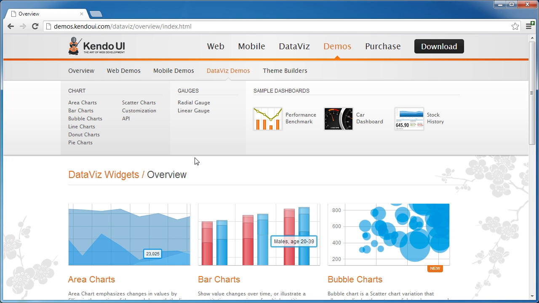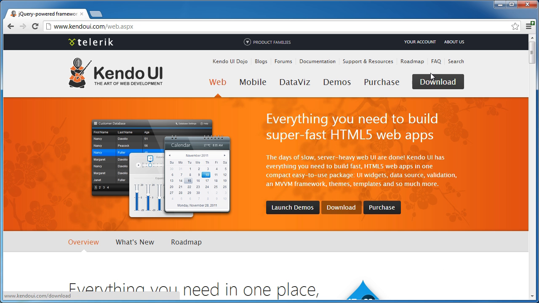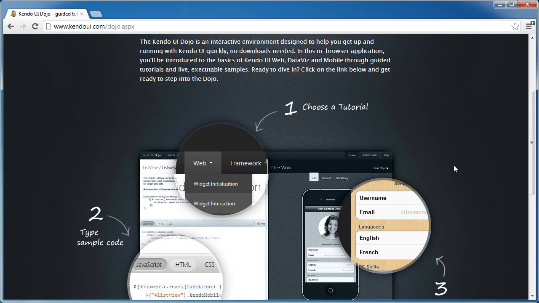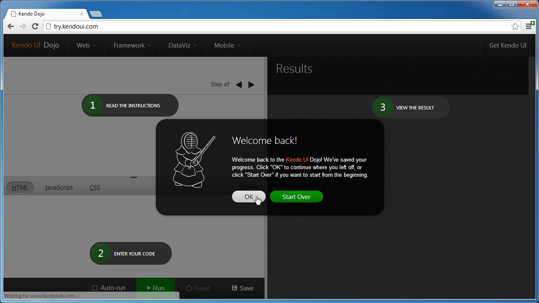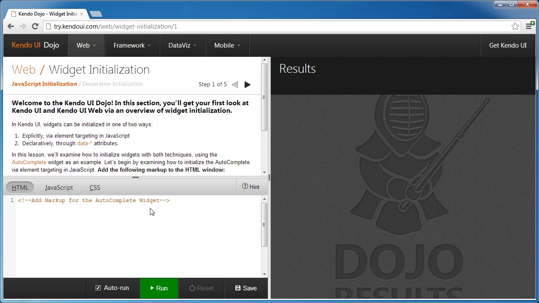There's something else that I haven't spoken about, which is absolutely brilliant, and that is, if we return here, we can go to the dojo. Now basically this allows us, if we click launch, to go ahead and start to play around with everything, and we can start to write markup, run this, and we get our preview here. It's absolutely brilliant. So basically you can learn this on the fly and see your results on the fly, and this means you don't have to download, set everything up,